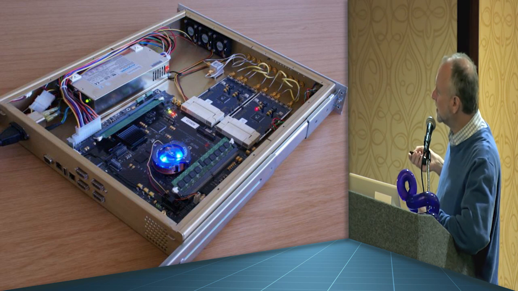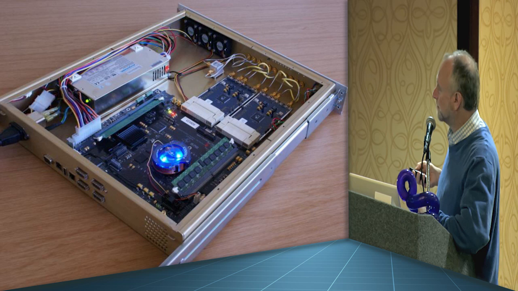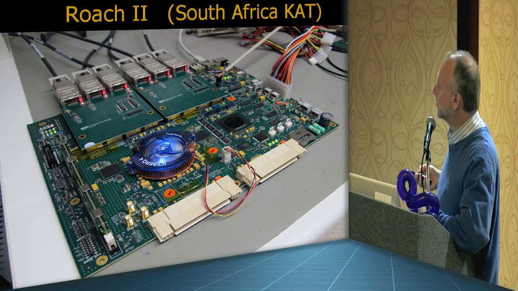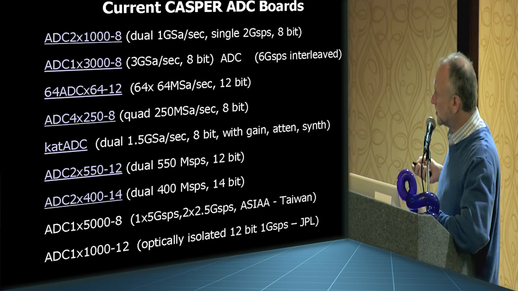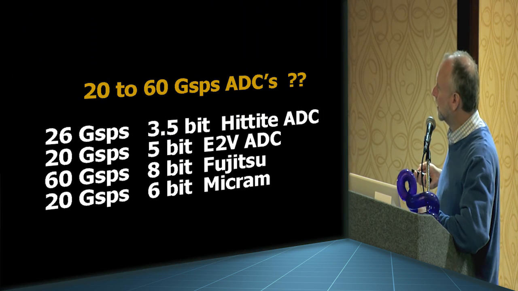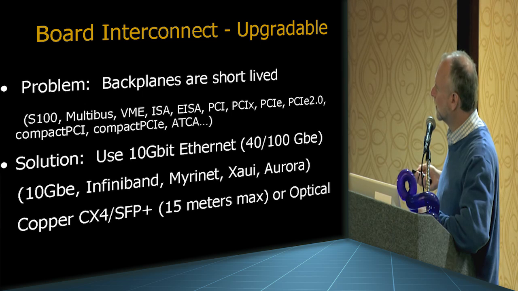Anyway, these are high-speed ADCs, so you can bring in your analog data and digitize it. What comes out of these things are a bunch of 10 gigabit Ethernet ports. And so you connect a whole bunch of these things together. There's a bunch of analog-to-digital converters to digitize data. These are all open source boards.